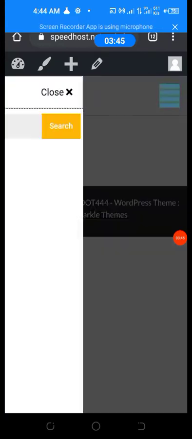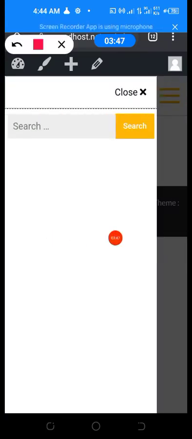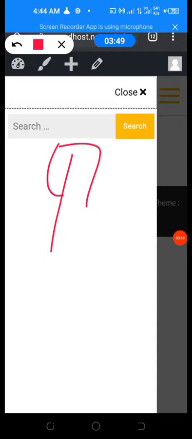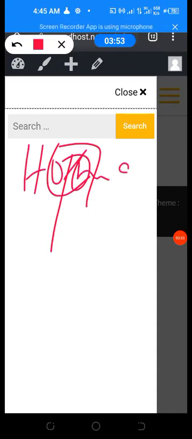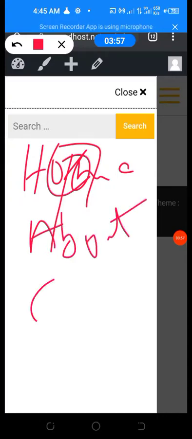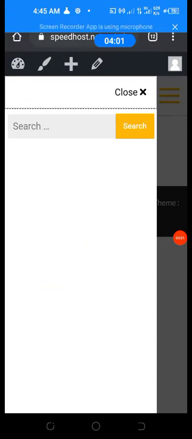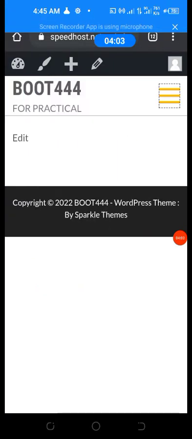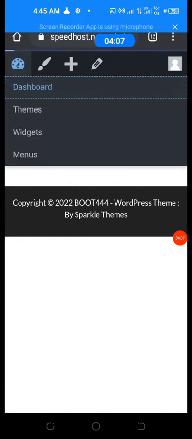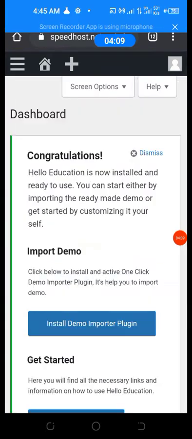Don't worry, you don't see anything here again. There is nothing here again, don't worry. Like there is no home, the one you were seeing before, about us, all the pages you create, contact us, you don't see them again. Don't worry, there's a way to add them, but you have changed your theme like this. So what you need to do here is to customize this theme. There are some customization settings that you need to do, like for example,